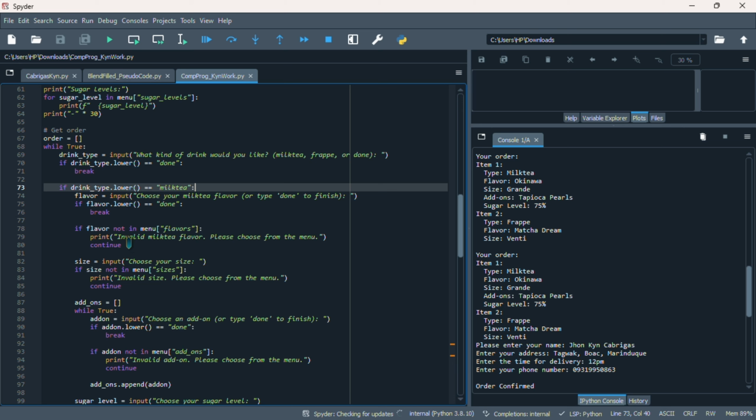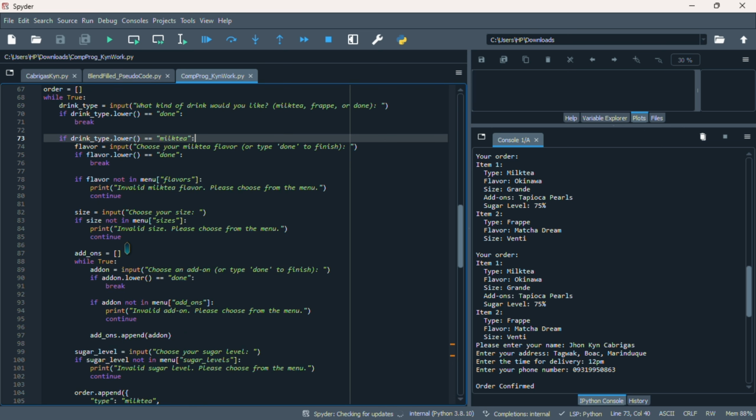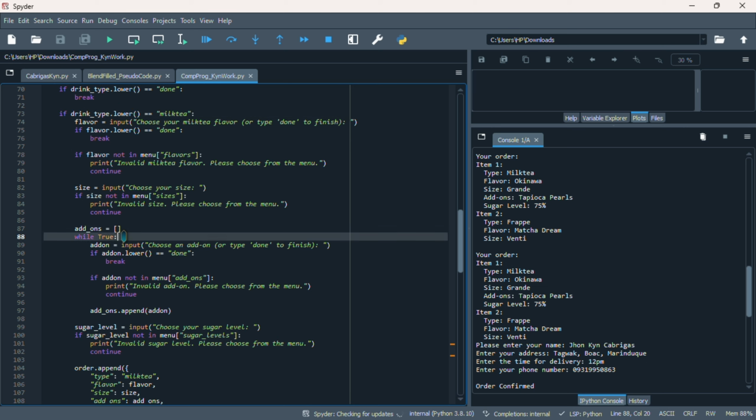For the size, the system will ask, choose your size. If the size isn't on the menu, it will print invalid size. Please choose from the menu. And for the add-ons, choose an add-on, or I can type done to finish if I don't want any add-ons on my frappe or milk tea.